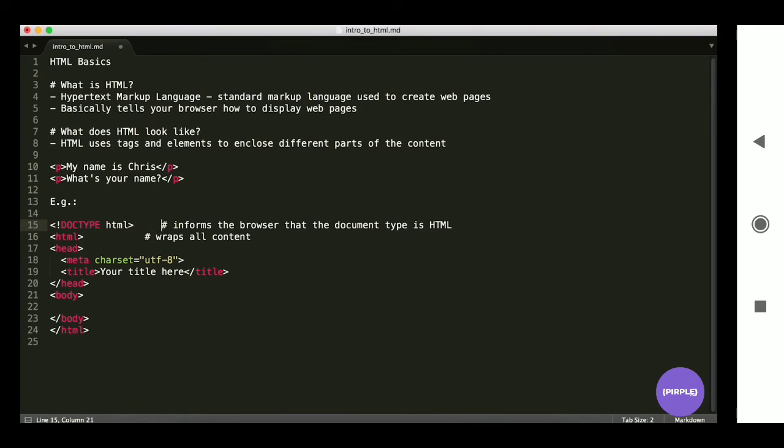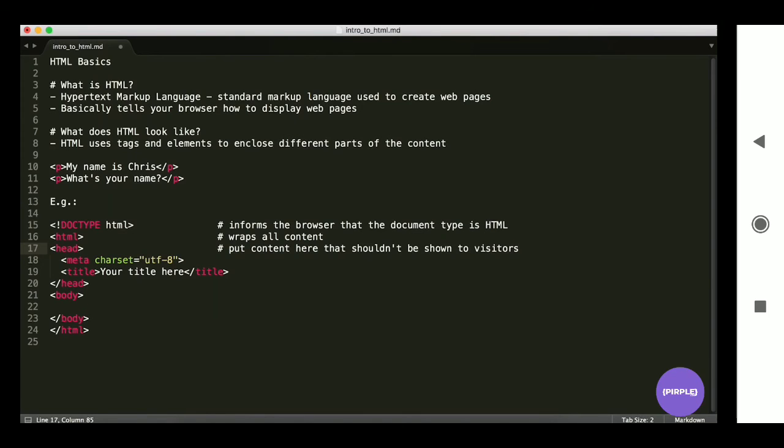I'm going to move these over a little bit more. So next we have this head element. Notice it opens here and then closes here, and then we have a couple things in there. This is essentially where you put content you don't necessarily want to show to your visitors. So you put content here that shouldn't be shown to visitors. For example, and I'll add another comment here,